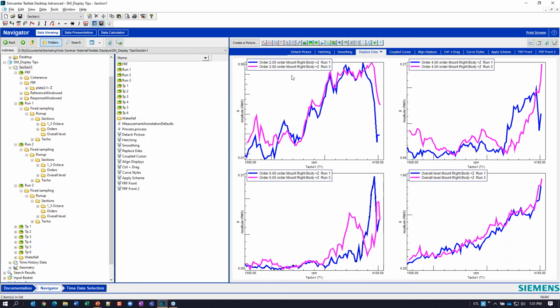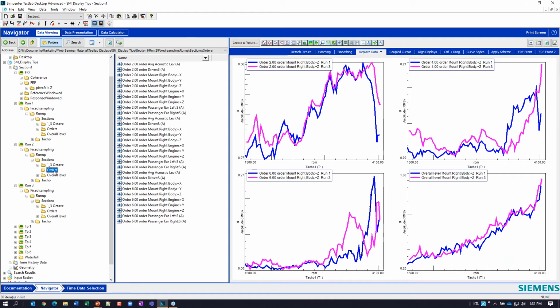So this is second order route mount right on the body for run 3. I'm going to go in here and click on run 2 folder under my orders, and I can grab, let's say, this guy, second order. This is now run 2, mount right body in the Z, and I can drag him over.